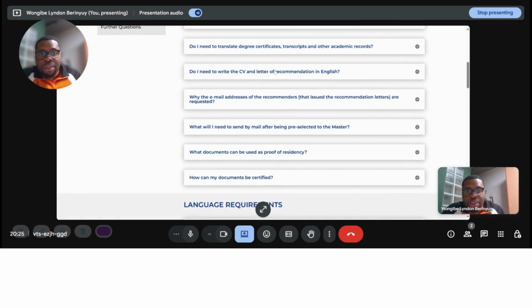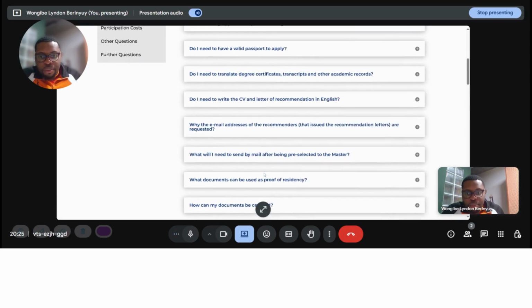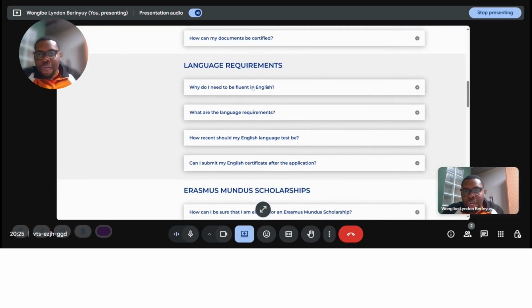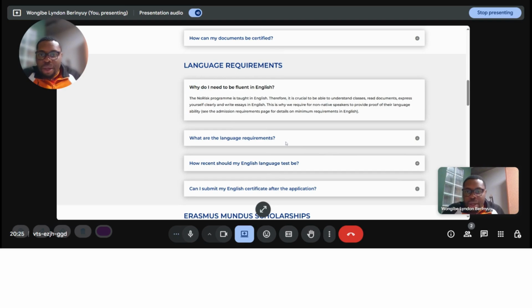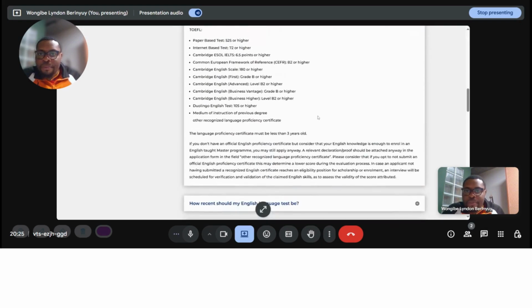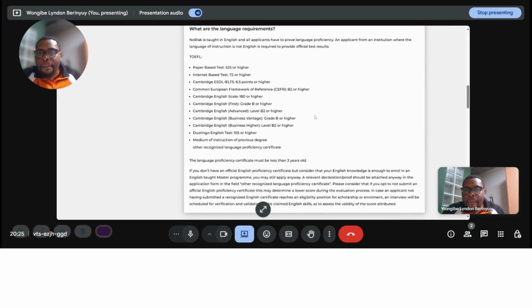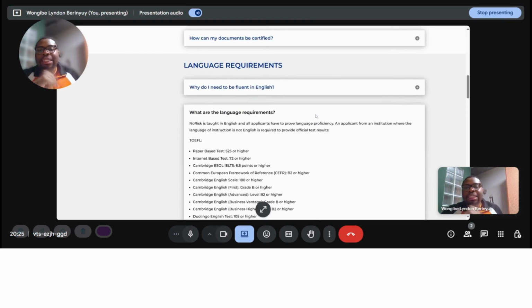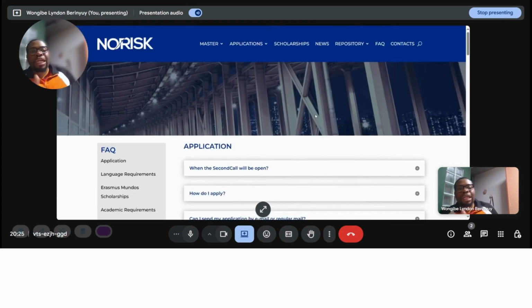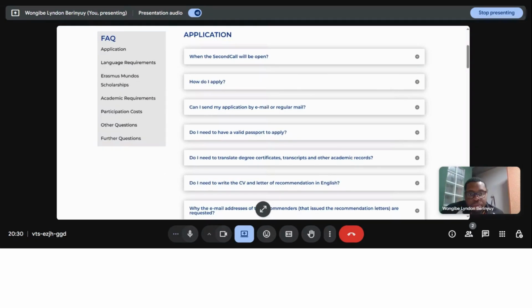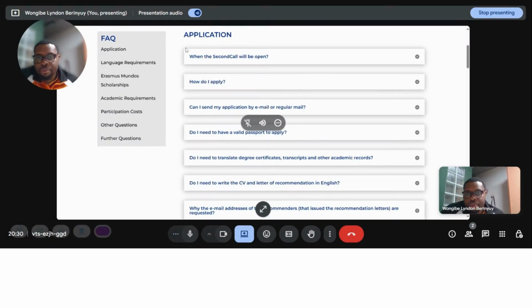Okay. Language requirements. Why do I need fluency here? They will explain what the language requirements are. Okay. It's not always in the frequently asked questions that you will find this. Sometimes you